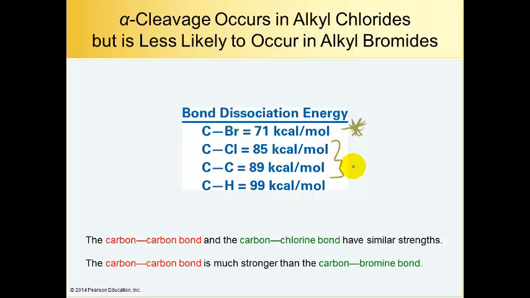Whereas the energies of the carbon-Cl bond and the carbon-carbon bond are very similar. And so you're going to see both happening in a chlorine molecule. And then you look here that the carbon-hydrogen bond has much, much higher energy. So we don't see that as often. So the carbon-carbon bonds and the carbon-chlorine bonds have similar strengths. And so we're going to see both the chlorine break off and the alpha cleavage in those molecules. Whereas the carbon-carbon bond is much stronger than the carbon-bromine bond, making it less likely to fragment or cleave in